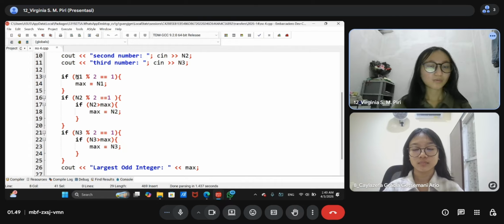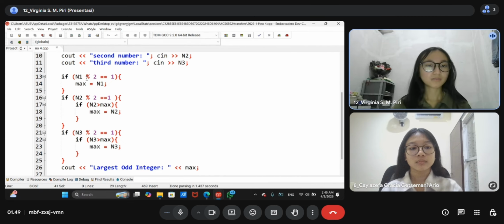So if n1, as with the previous one, percent is modulo, if n1 modulo 2 equals 1, that means the max number is n1.